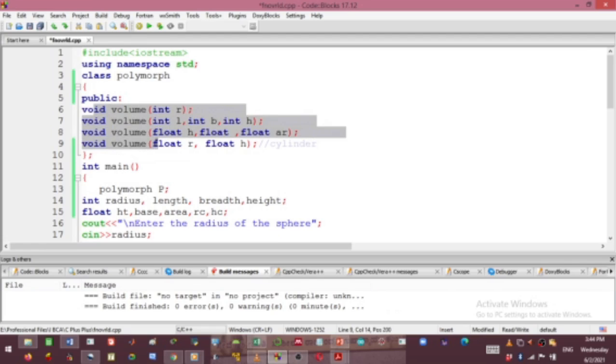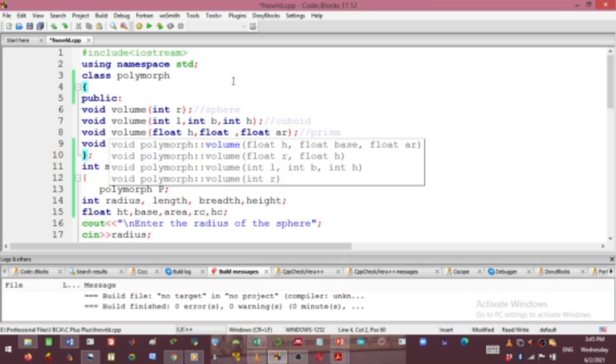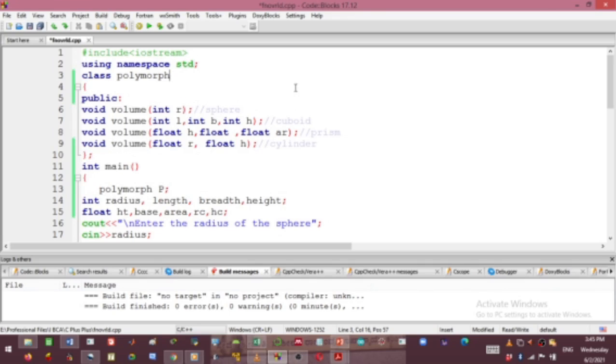This class need not have private data variables, or we can write it with private data variables also. These can be declared here, or this can be declared here also. If you are declaring them as private variables, we need not declare them here. That's it. So with the class polymorph, we will rewrite the entire program, or we modify the program such that the program becomes an object oriented program.